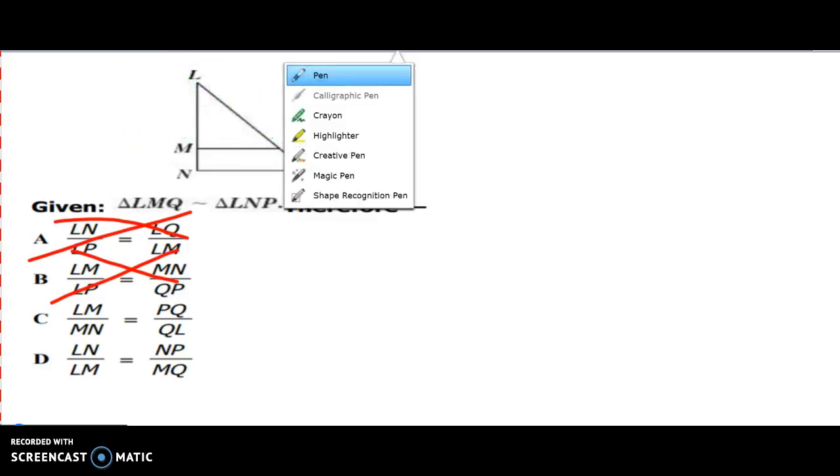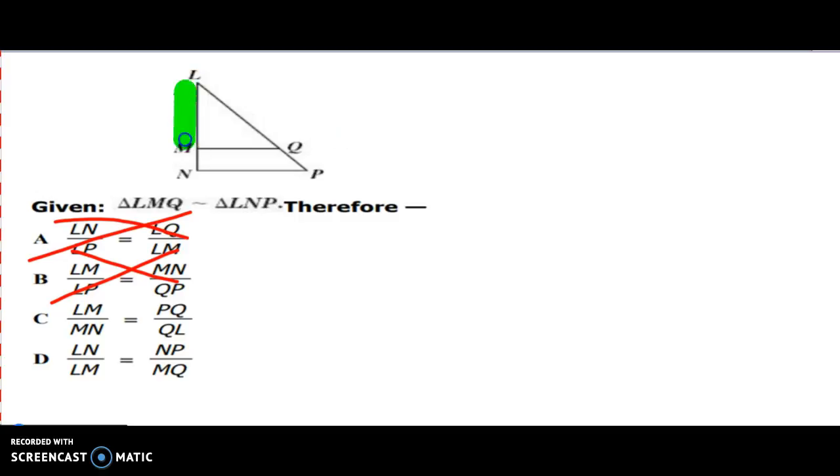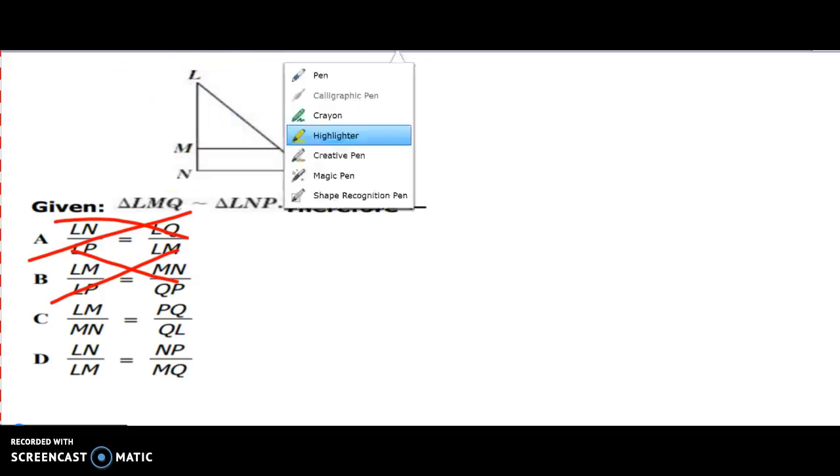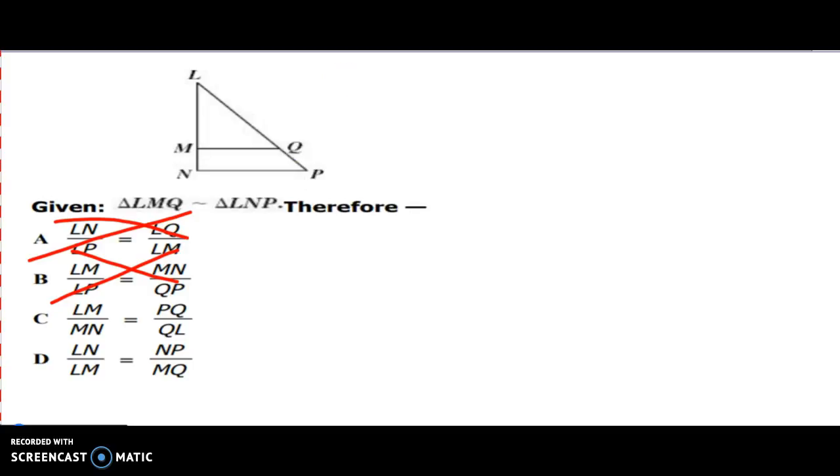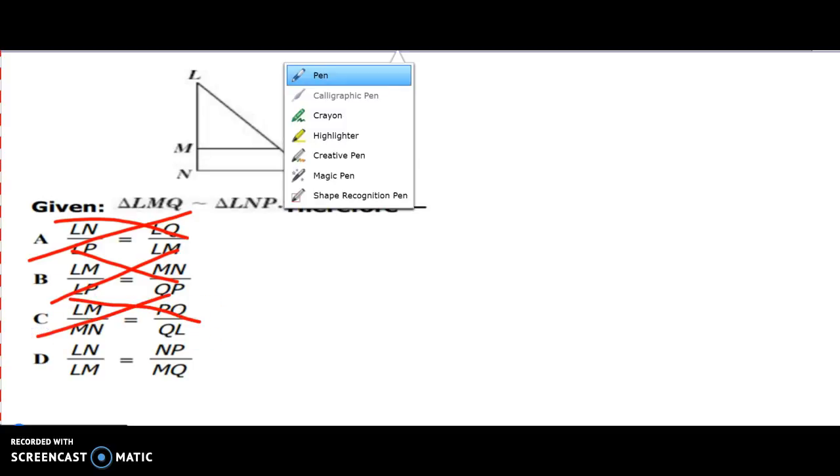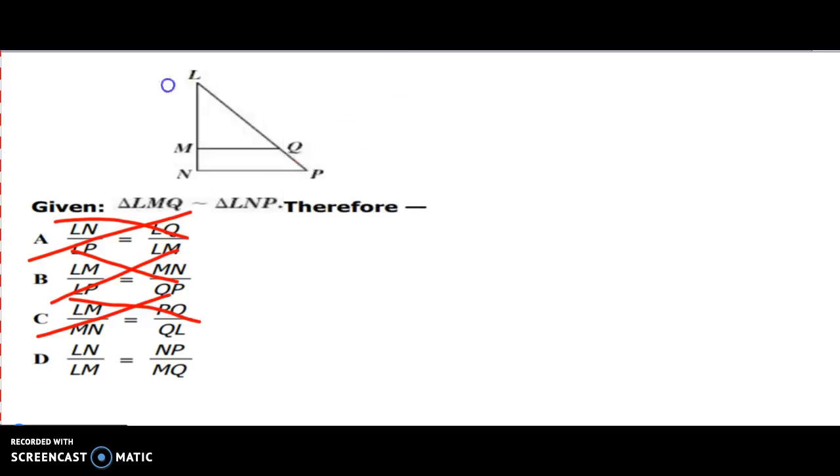LM is to MN as PQ is to QL. Switched it up on us. So no, we can't do that one either. We know that one's wrong. Kind of eliminating the ones. Let's check and see if we can get a true statement out of this one. LN is to LM as NP